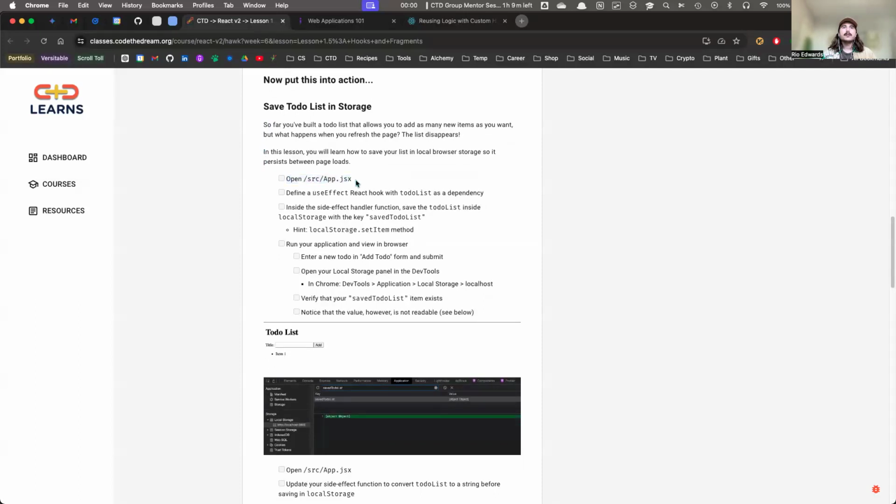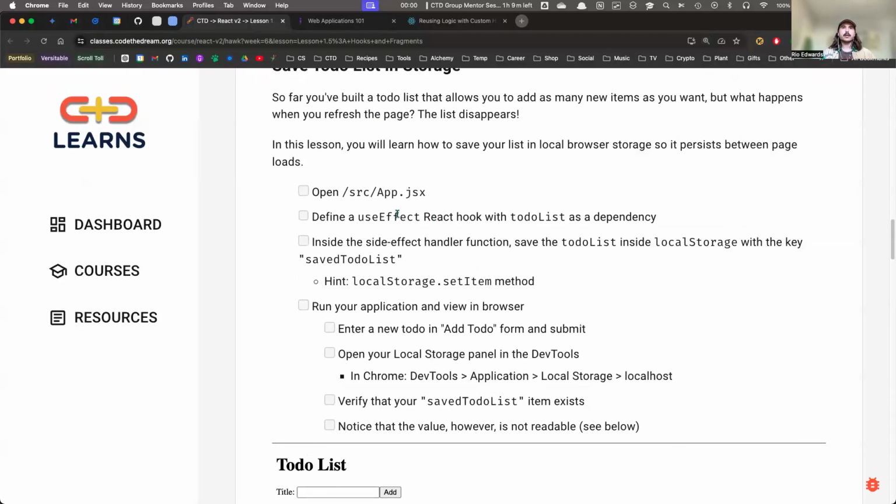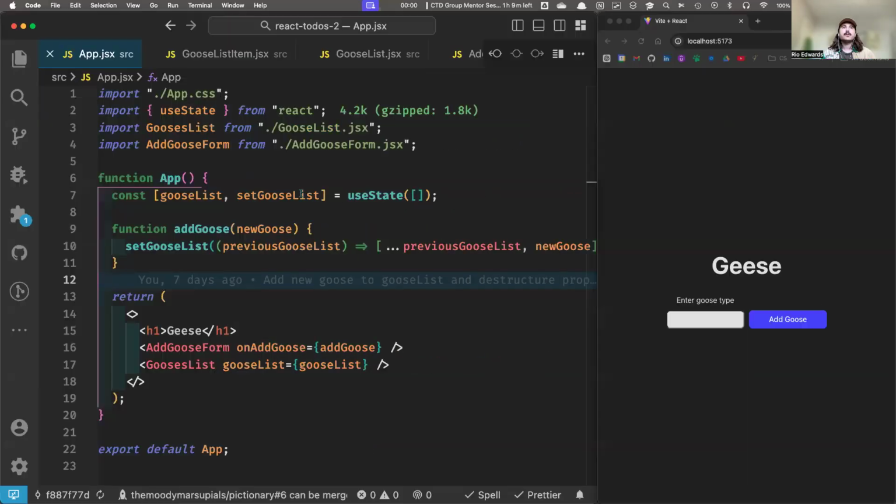And we're going to have to use useEffect to interact with that external system, right? So I'm going to open my source app.jsx and I can zoom in. Okay, open source app.jsx, define a useEffect React hook with to-do list as a dependency. Okay. So I'm in my app.jsx